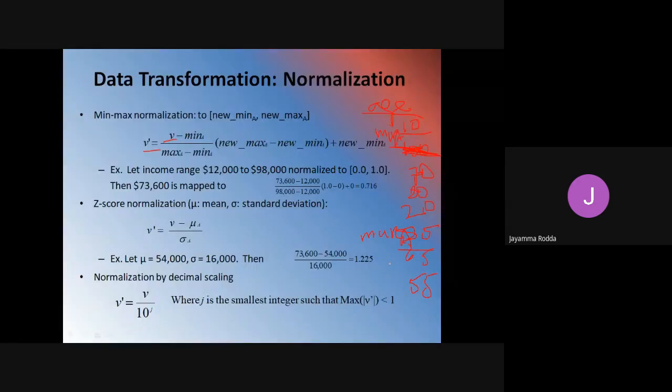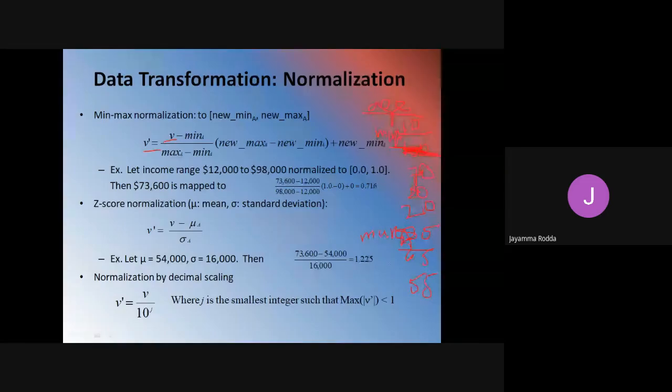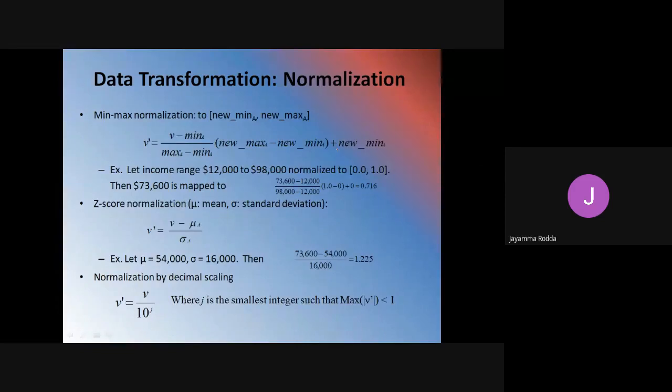If a future input is given, the data that is beyond this range, minimum value and maximum value, will be eliminated. Okay, so this is the formula that we use for the calculation of this min-max normalization, using which you can identify the erroneous data or the data that do not fall within the range.